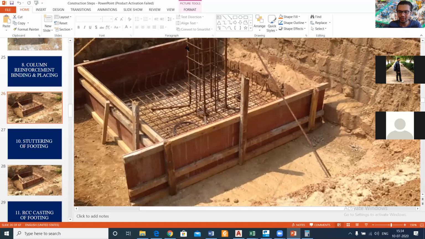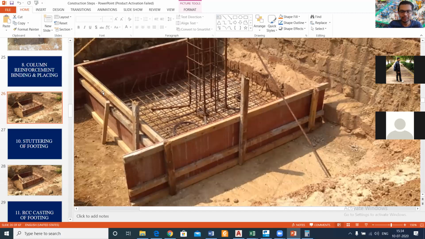In no case should we use wooden planks, because wooden planks absorb water. So you need to check whether the shuttering material at the footing is connected properly, and whether good quality plywood or steel shuttering material is used.